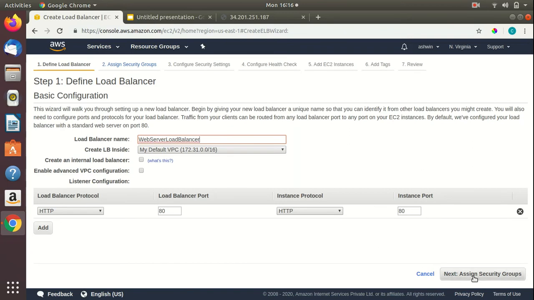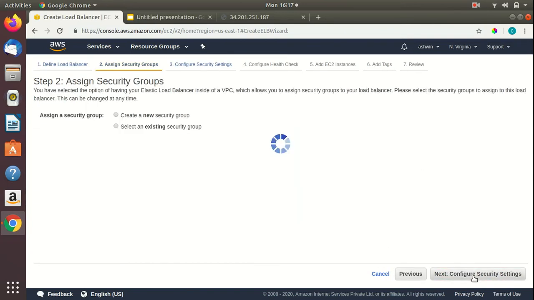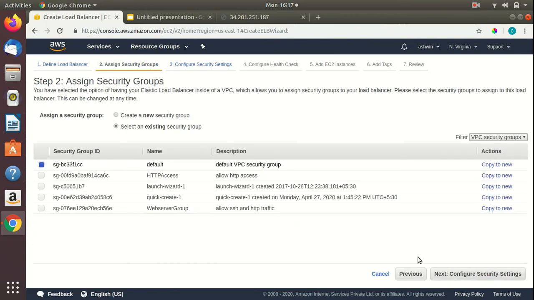Next we click on the assign security groups button. We have to provide security groups the same way we provide security groups for the EC2 instances. Since I only need to allow incoming HTTP traffic on port 80, I'll select one of the security groups that I had created earlier. So I have selected that. Next I click on configure security settings.